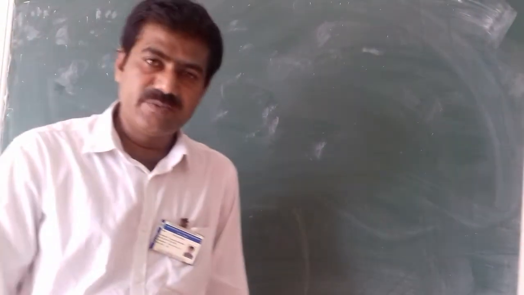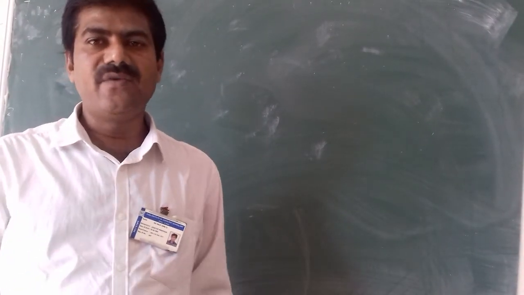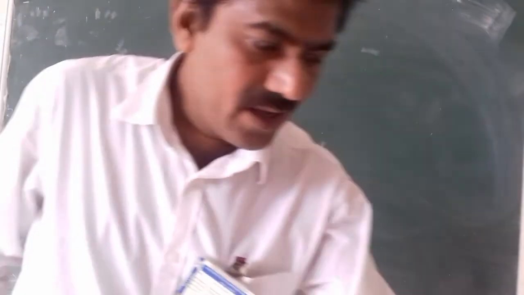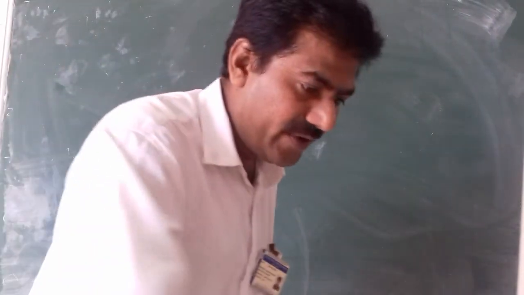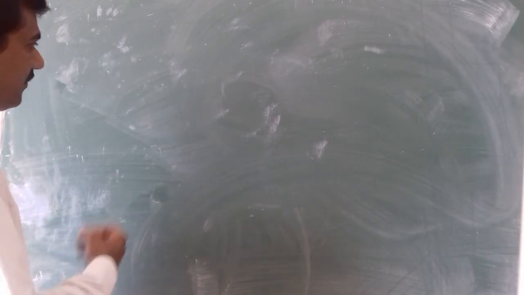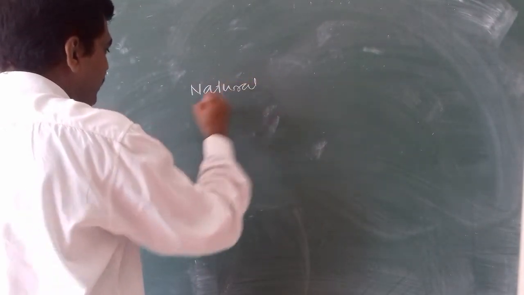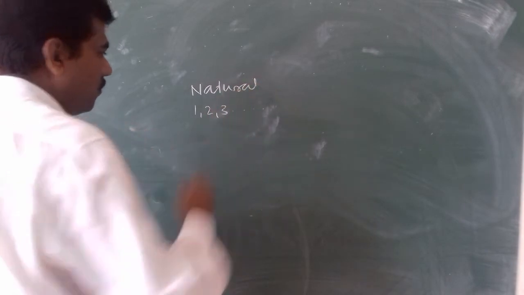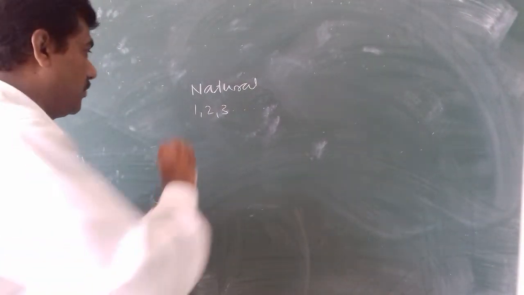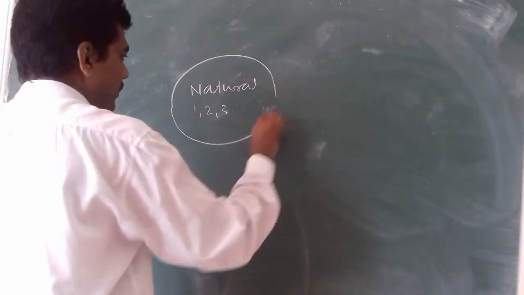Now with respect to subsets and the special sets that we have seen: the set of natural numbers, the set of integers, positive and negative integers, then the rational numbers, real numbers. In one diagram I will try to depict exactly that, so that if there is any confusion, it will get resolved here. Okay. So first, the set of natural numbers. The natural number set starts with 1. It does not start with 0. Okay. So this is our first set.